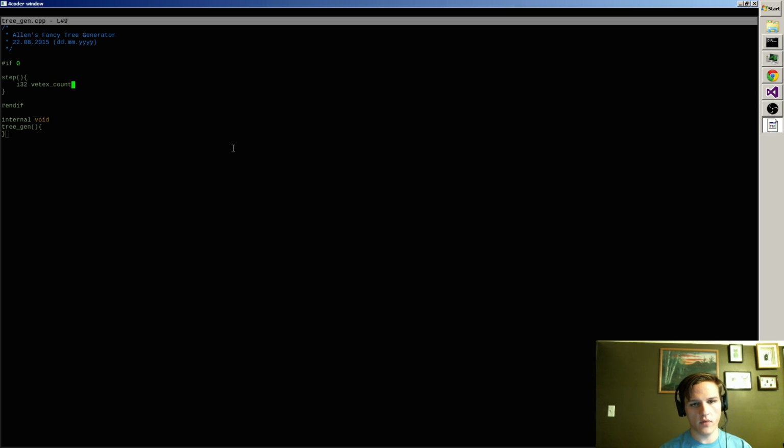you specify how many you want in your tree, and I'm thinking if you have a tree with 3 branches, 1, 2, 3, 4, 5, 6, 7, 8, 9. 9 is sort of a minimum if I don't generate root shapes. So I'll set 9 as a minimum, but if that's true, I'll say this guy is going to ask for 16 vertices, and maybe that's not a great way, but I'm thinking you can scale the number of vertices to get higher and lower levels of detail. And then the other nice thing about that is you'll have like